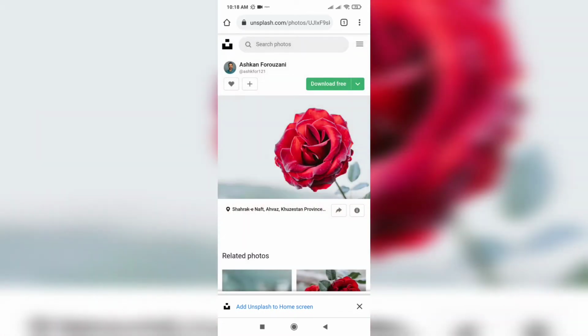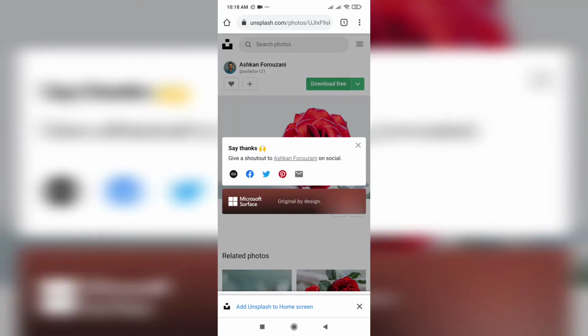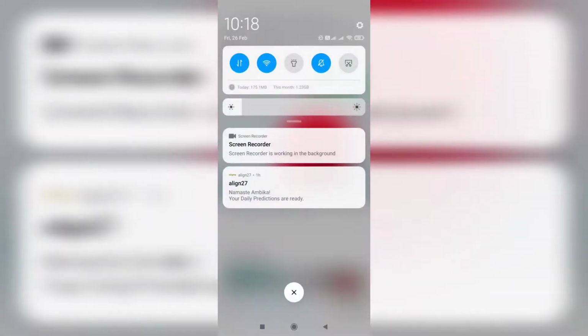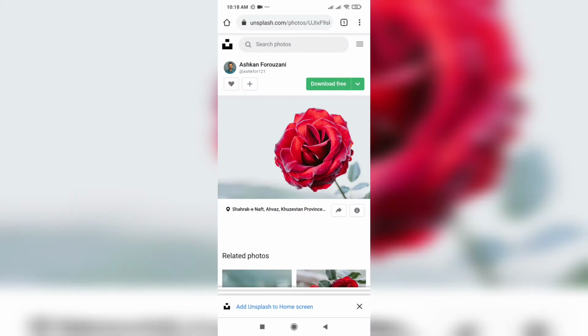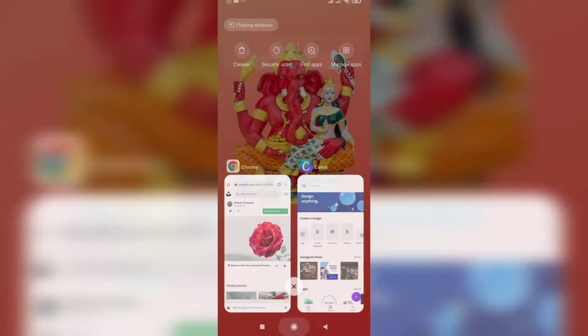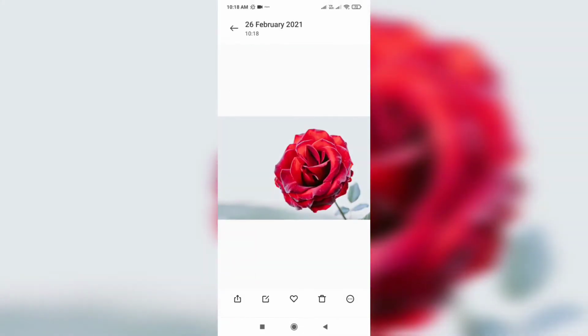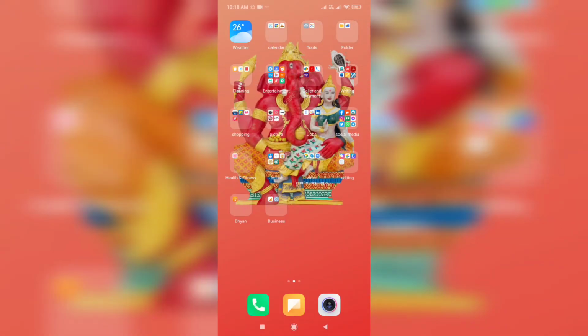Like, I'll download one image, a copyright free image from Unsplash, and then move on to making it a post for a social media account, maybe Twitter, Instagram, or Facebook. Mostly I use it for Pinterest, because for Pinterest it has to be a good image. On Instagram I use it for making stories. So here is the picture, I have downloaded it.